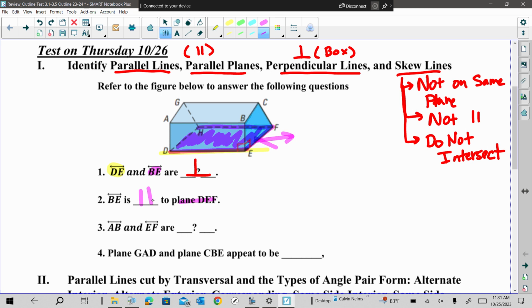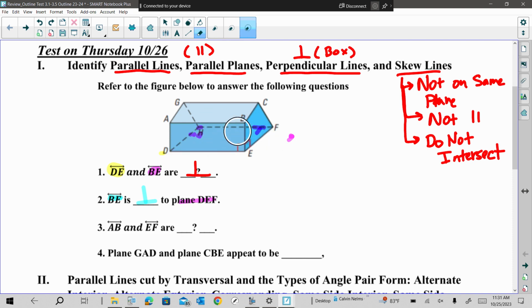Oh, wait. I said DE. It said BE. Sorry, you're right. I looked at the wrong line. BE, right? So you're right, it is perpendicular. Upside down T. My fault. I said DE and not BE. Okay, all right. Now, AB